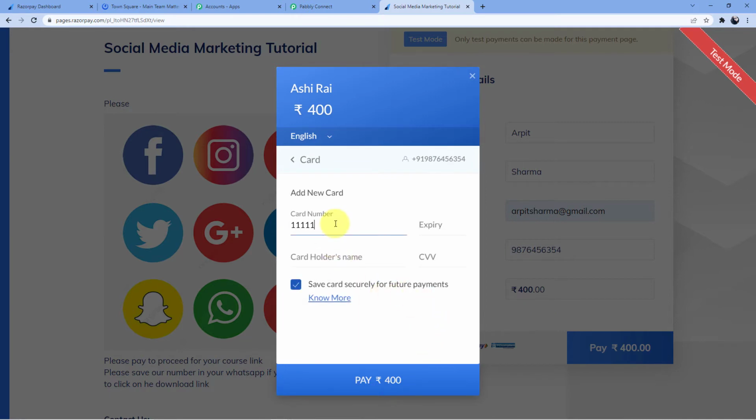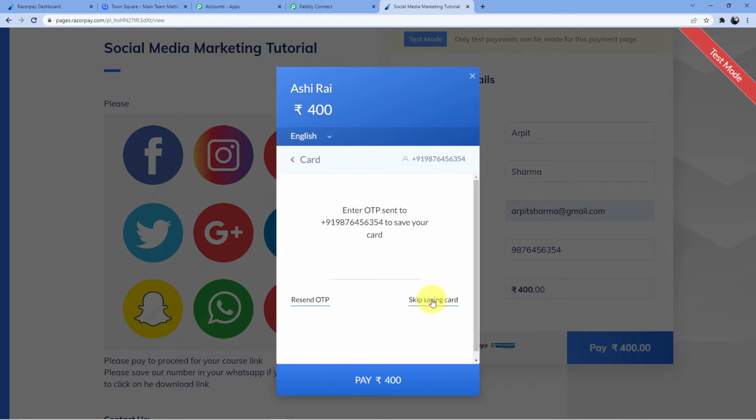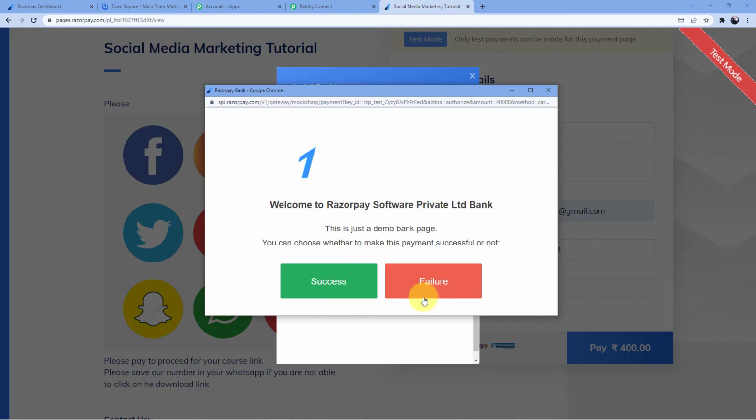Now here I'm just going to use a dummy card number. Card holder name is Arpit Kumar Sharma and CVV is something something.